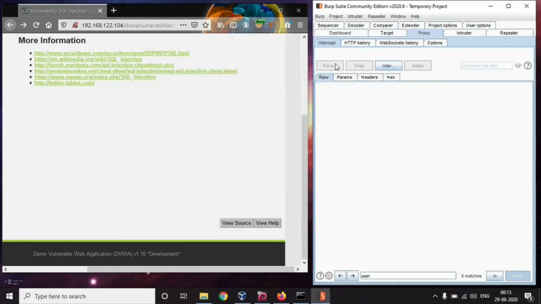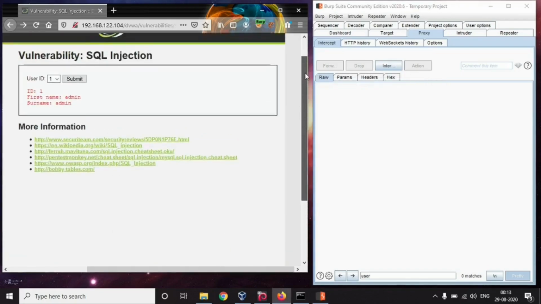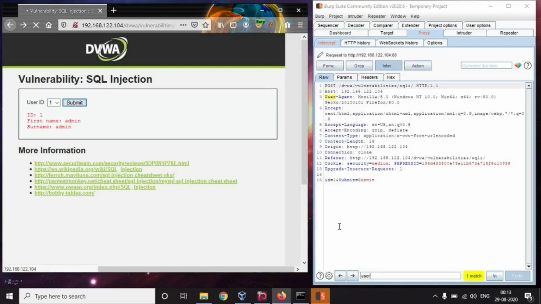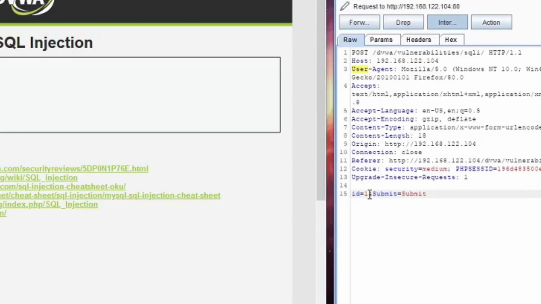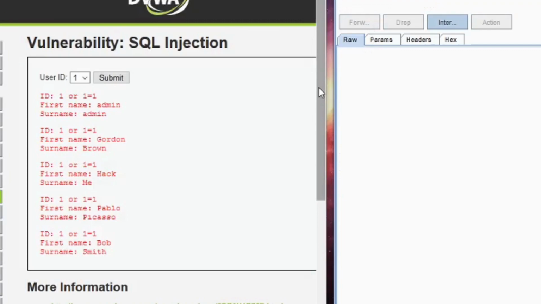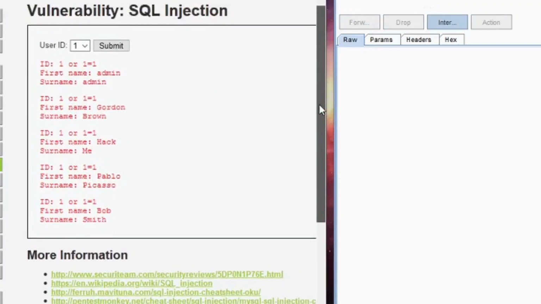So now I'll again turn the interceptor on and send a request, and this time I will pass my payload without any quotation marks, or 1 is equal to 1, and I will also not give any hash over here. I'll just forward it and my payload was successfully executed.